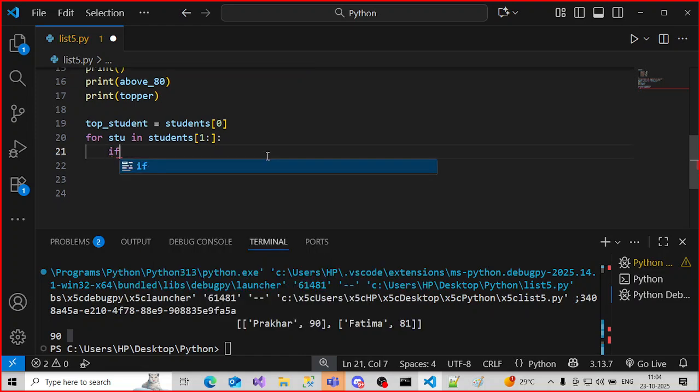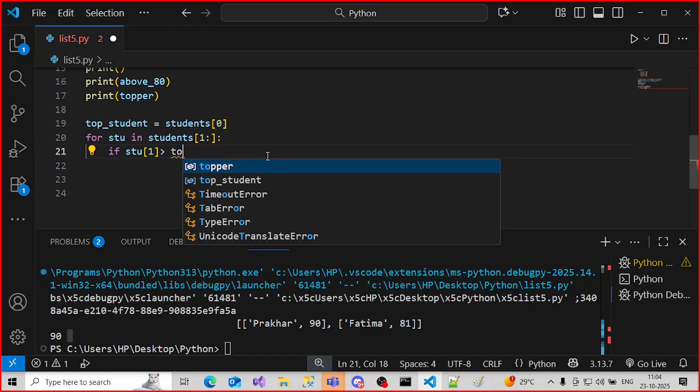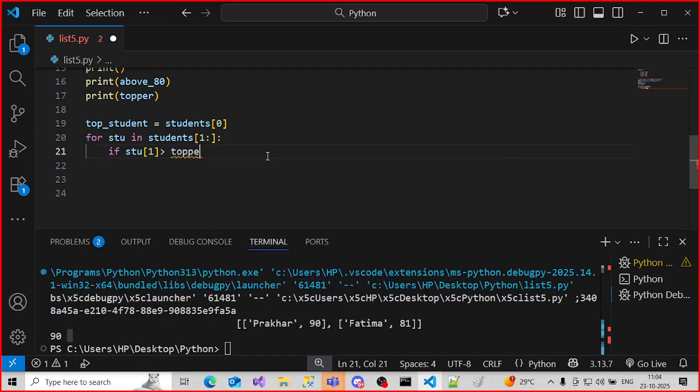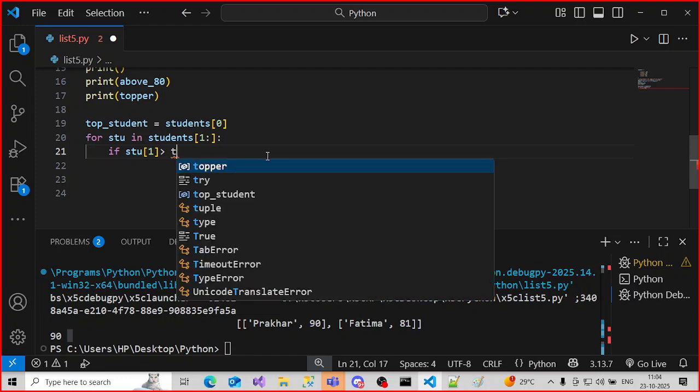So if student 1, I'm just doing the manual way, correct? If student 1 is greater than top student,